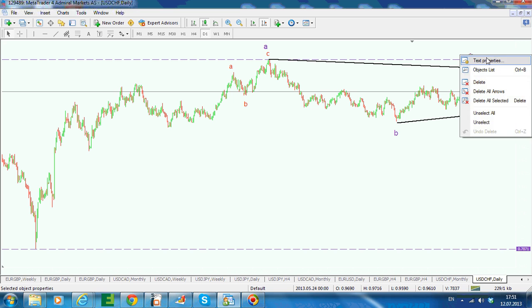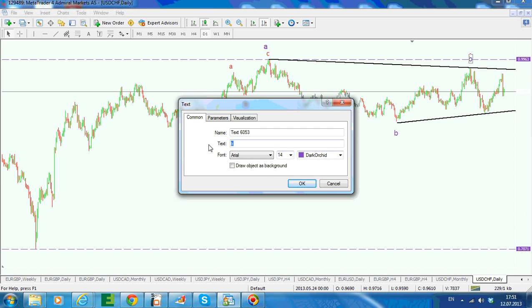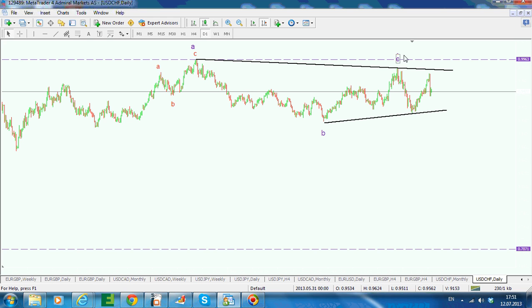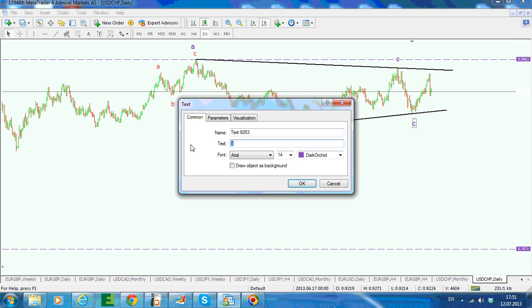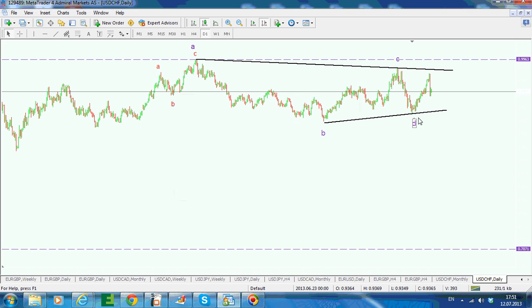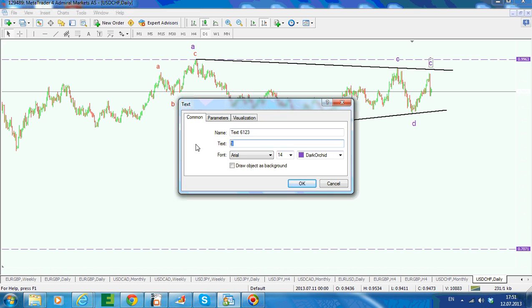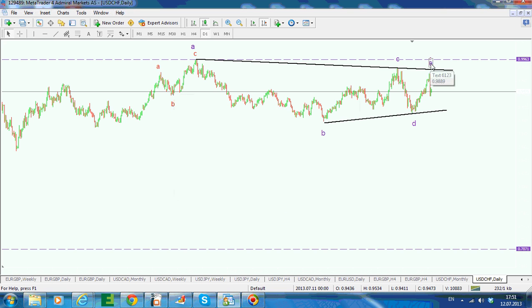and then this is a C wave, and then this is a D wave. So A, B, C, D, and there you go. The E wave just ended here. So A, B, C, D, E, it implies that we are looking for a possible breakout of this